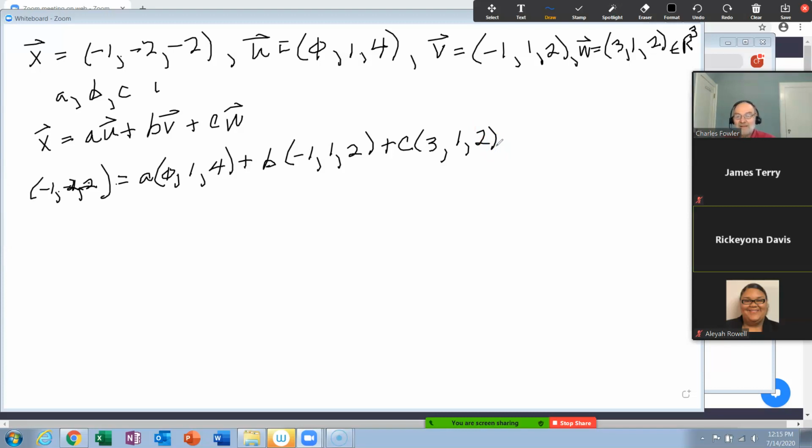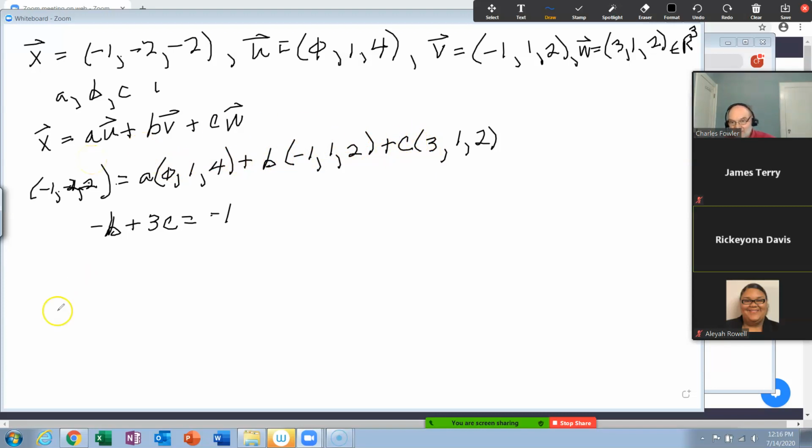Now, basically, you can write down an equation. I'm just going to flip things around on you a little bit and write it this way. 0 times A, I'm just going to leave that 0. Minus 1 minus B plus 3C is equal to minus 1. You see what I've done? A times 0 is 0. Minus 1 times B is minus B, plus 3 times C. That has to equal minus 1.